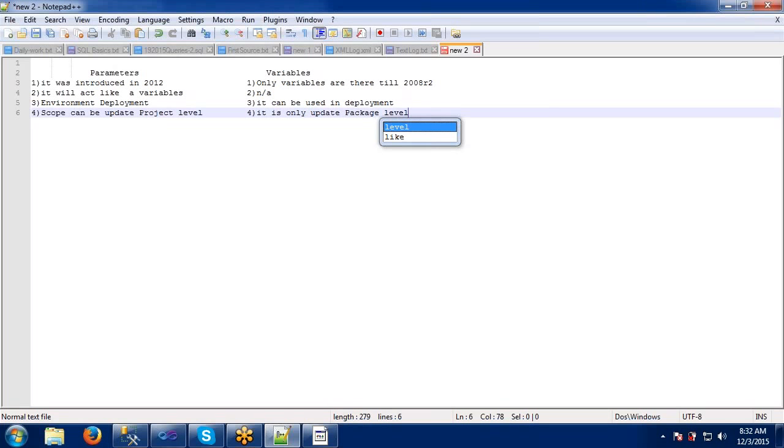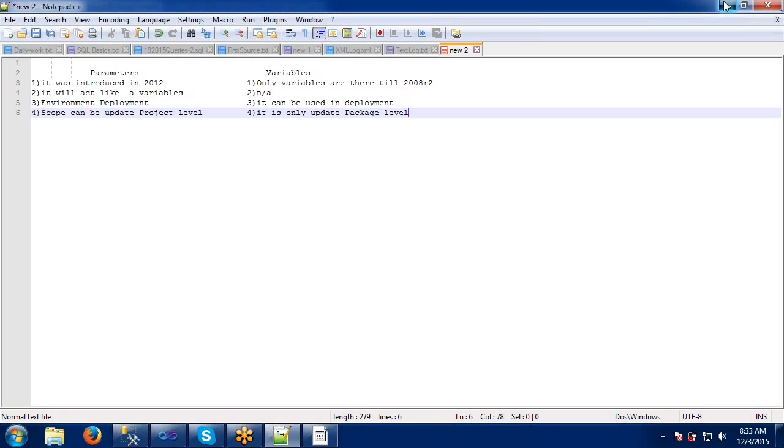What I am saying is, if you define a parameter at the package level, it can be used in that package. If you define a parameter at the solution level, it can be utilized by all the packages, meaning one parameter we can use in all the packages. Let me start with a real-time example so that we can understand all these things. These are the main differences to observe between parameters and variables.